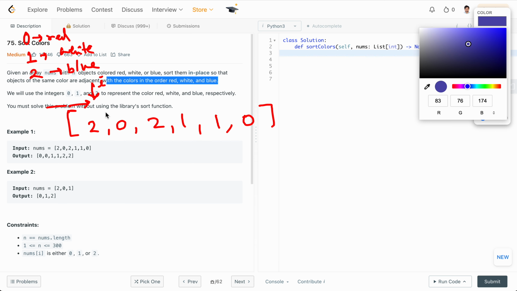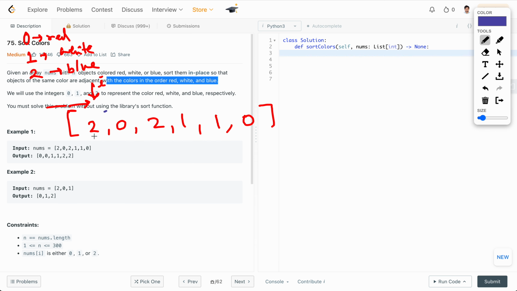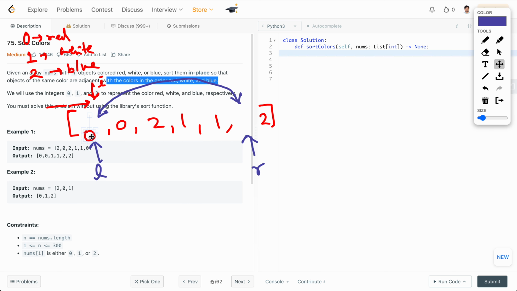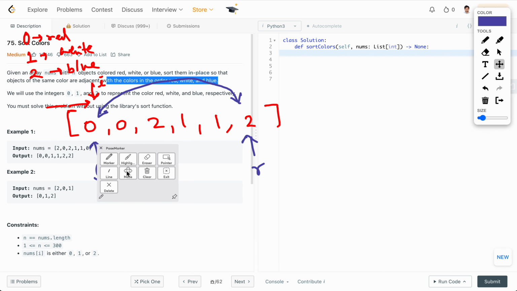So I will compare this left position and this right position, and if they are not where they should be, I will swap them. So this 2 should be on the right, and we want this 0 on the left. So we swap this 2. Okay, now as we have swapped, this position has been processed, so